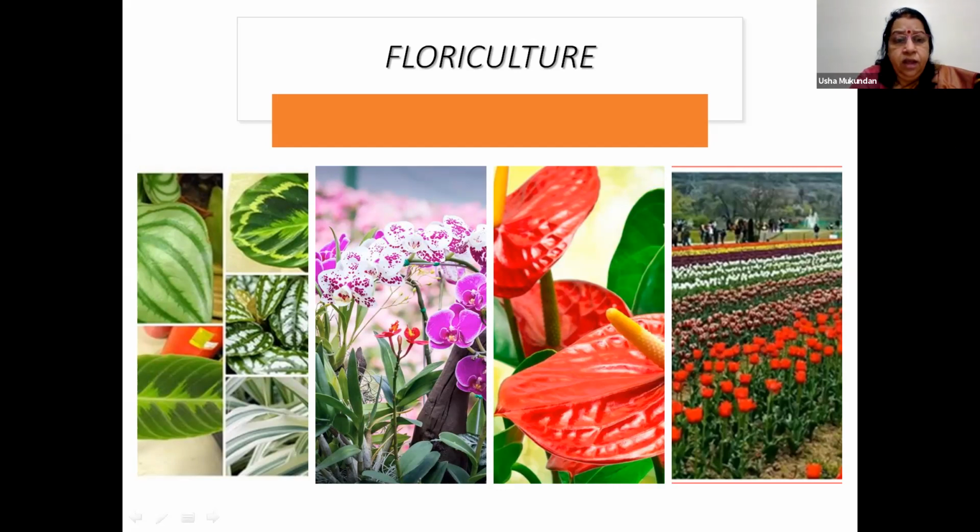Now you may wonder, if it is being vegetatively propagated, then why do we need a technology? Answer is simple. Anything, if you want to scale up, you have to apply technology. Now in vegetative propagation, suppose you are using stem cuttings. From each cutting, you will be getting just one plantlet, right? Yes or no?